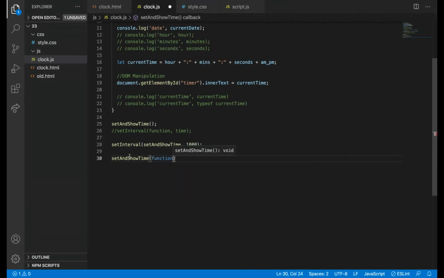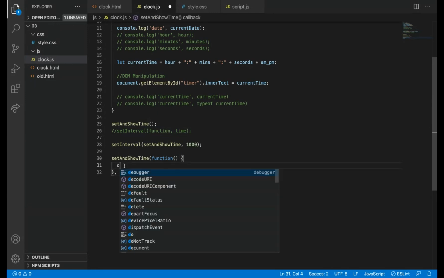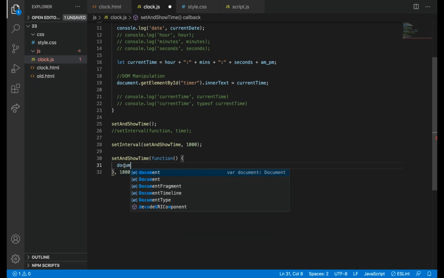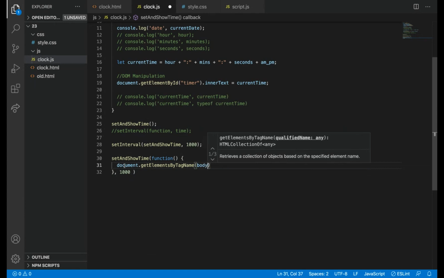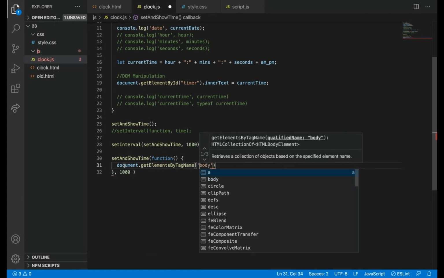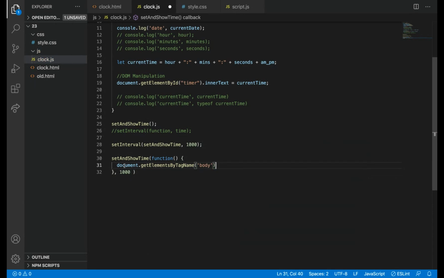So we can see setInterval, actually it is like a function of... I'll just show this first. 1000. I'm going to document dot getElement by... and don't get confused with this syntax and all. I'll explain.